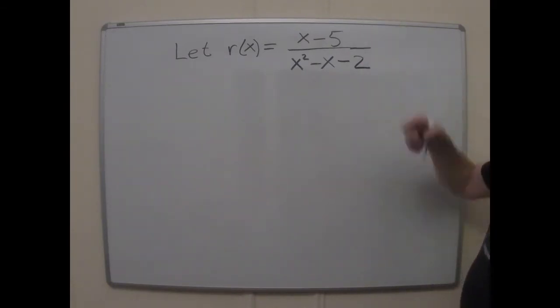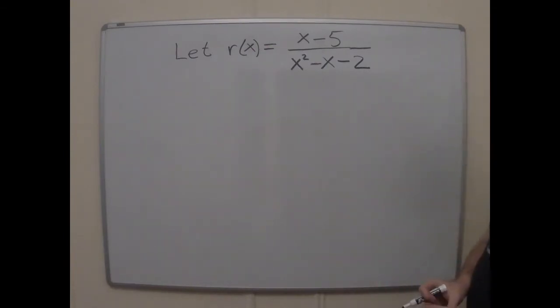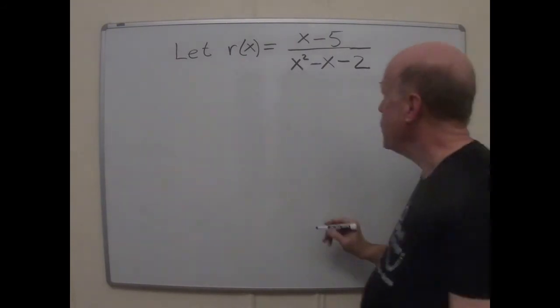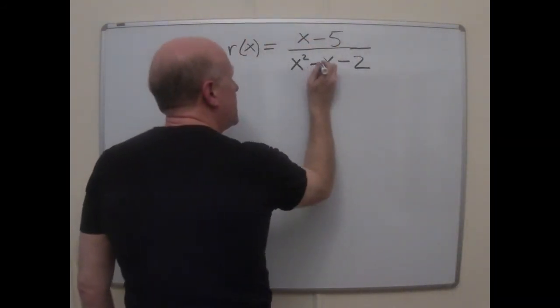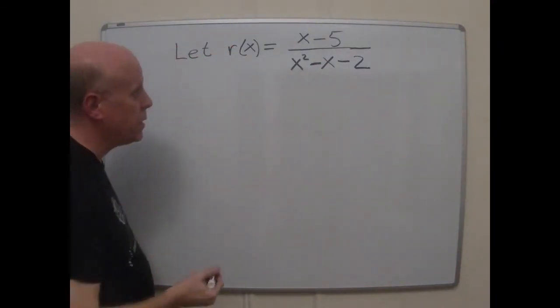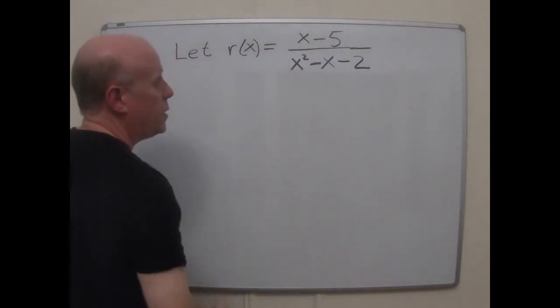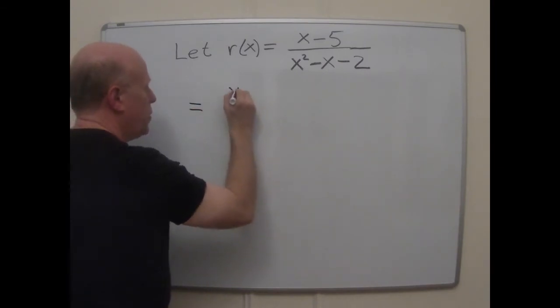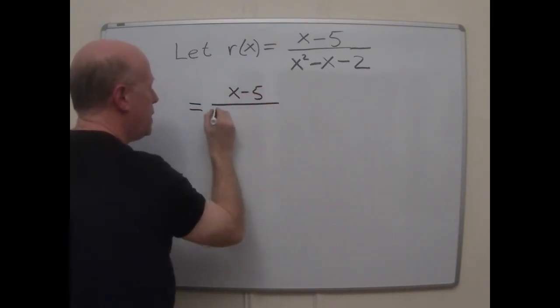I also changed the thing that was in the numerator, honestly just to make some numbers nicer. Okay, but this is the same spirit, right? It's got a linear polynomial in the numerator and a quadratic polynomial in the denominator. Well, let's proceed to do a partial fraction decomposition. Let me just tell you that the basic tool you're going to use is factorization, something you've done tons of. Can we all factor x squared minus x minus 2? We've got, okay, still x minus 5 in the numerator, but in the bottom that factors